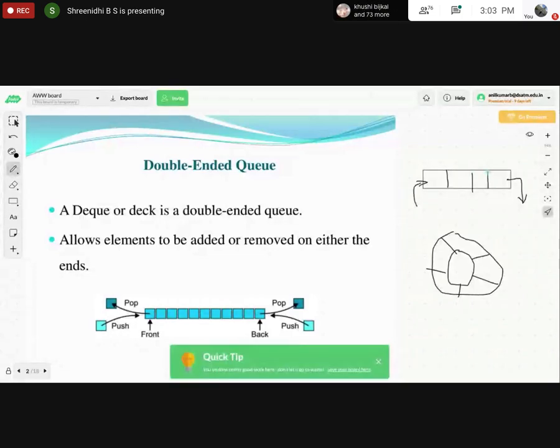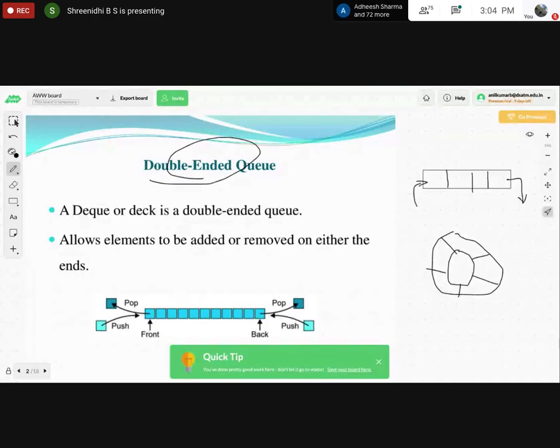A basic description I have explained, right? So today we will go with one more very important concept called a double-ended queue. This we have a laboratory program also, on this double-ended queue.